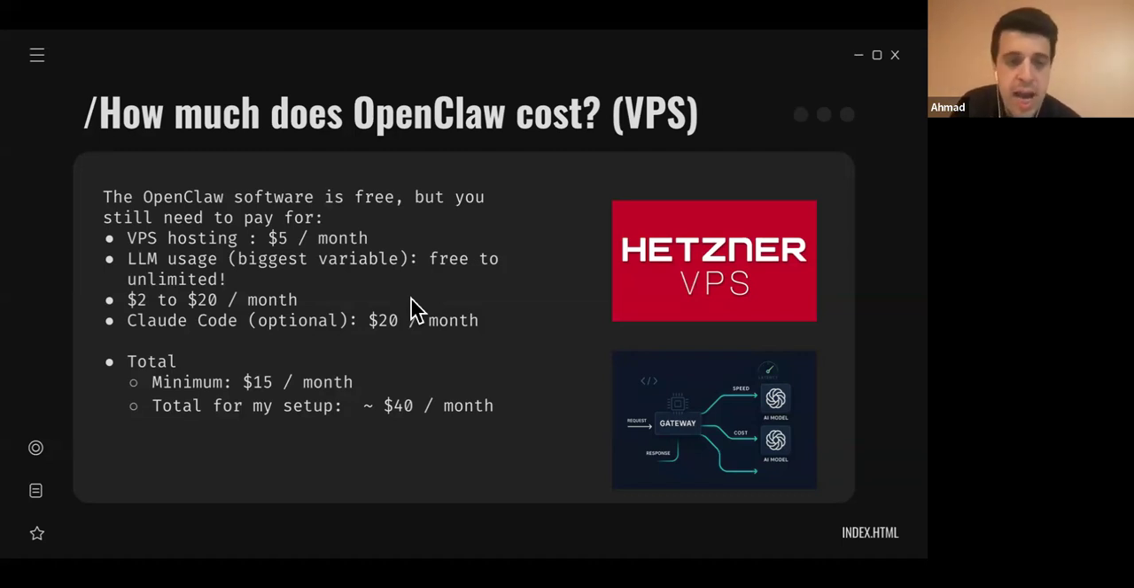The second cost is that I have to pay for the AI. So the AI itself, I have to pay for that, which could vary, and that depends on how much I'm using the AI. It could be as little as a few dollars, but if you're using it regularly, you would probably